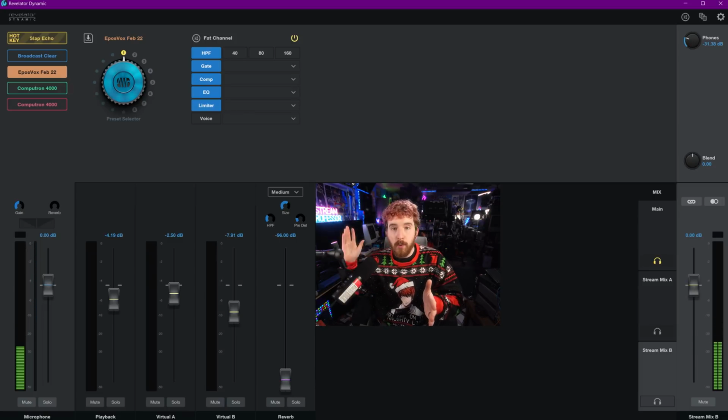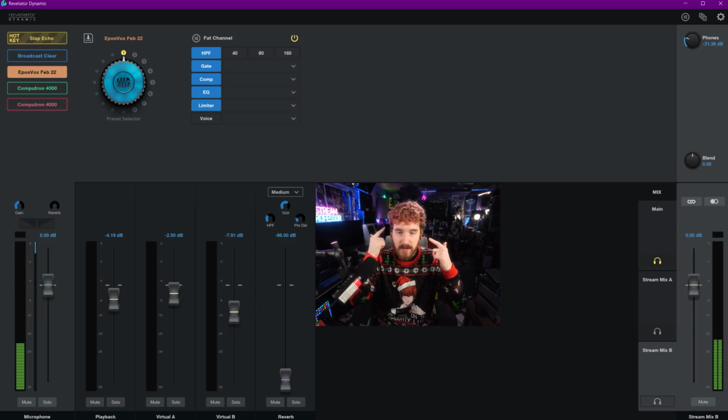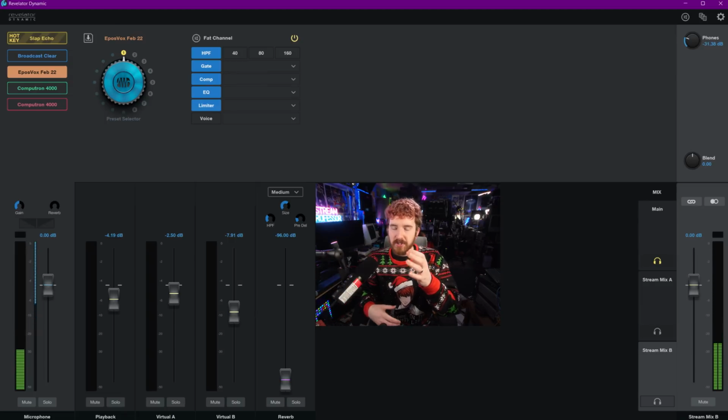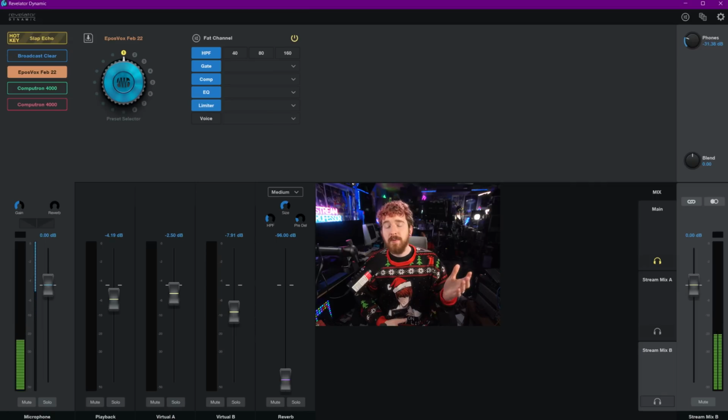then you can change what your recording hears separately from what you hear. Or you could change what your stream hears versus what your voice chat hears if you want to route stream mix B to voice chat. You have like a sampler or a looper or something. You have a lot of flexibility at play here, which the potential was there for the Revelator software back when I originally reviewed the IO24, but they hadn't quite lived up to it yet or made it as easy to understand. That's present here. Especially for music production, this is super useful because in your headphones, you can keep your